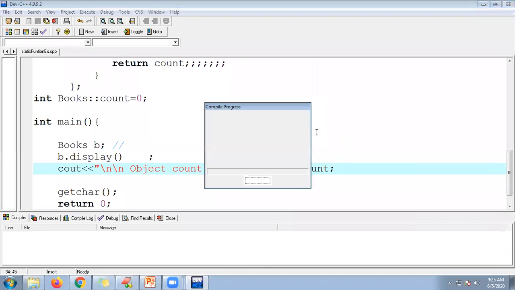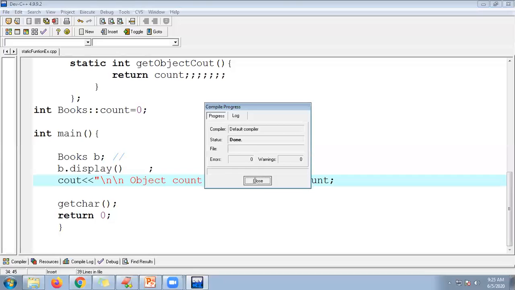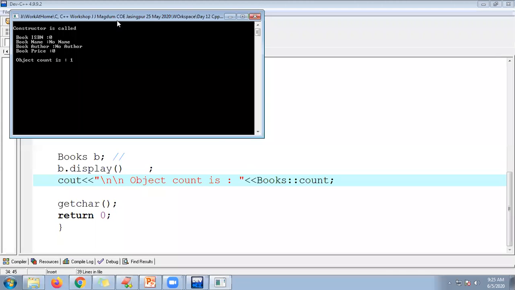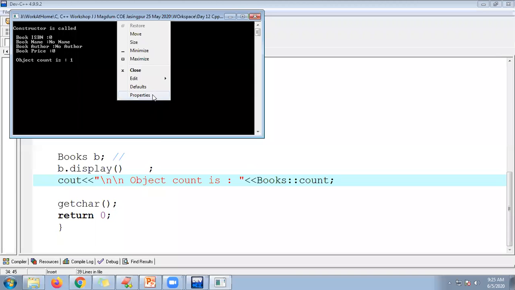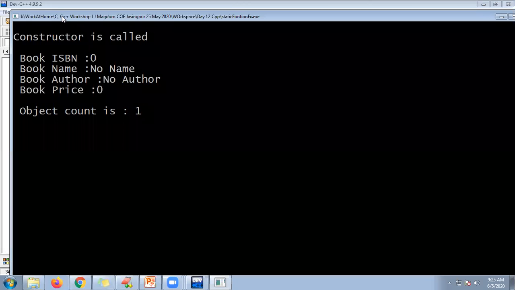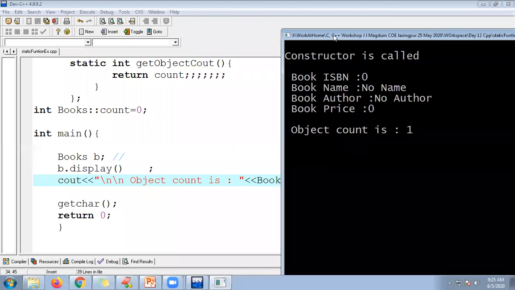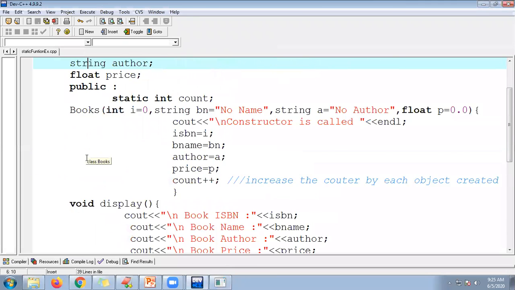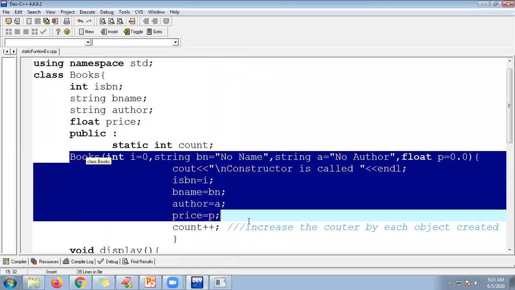Control S, Control F9, compiling, Control F10. So number of objects created, you can check it here, guys. So object count is only 1. Okay. And you can see here, the constructor is called, so when this first line books B gets executed, at the time control will jump to here. Control comes here. Value is initialized.